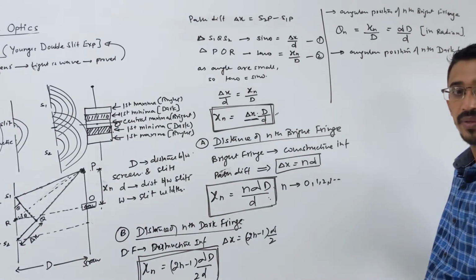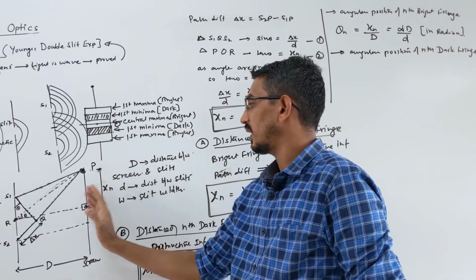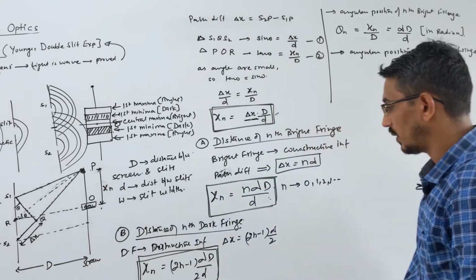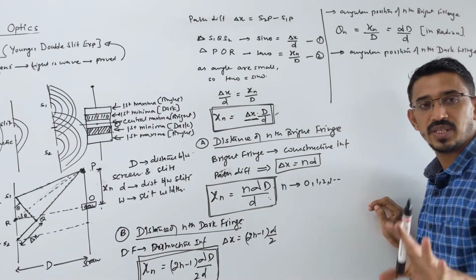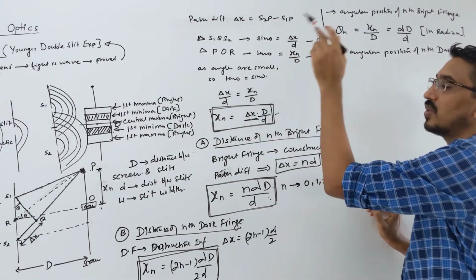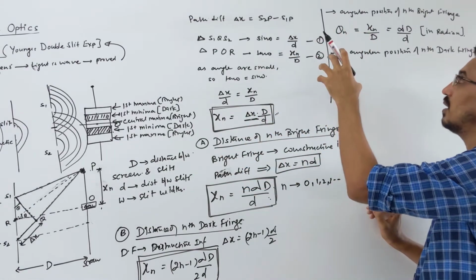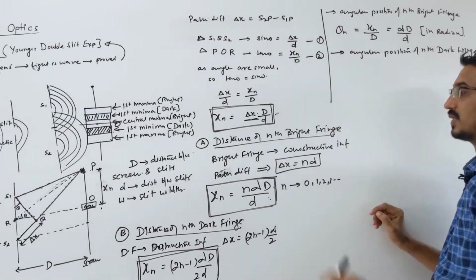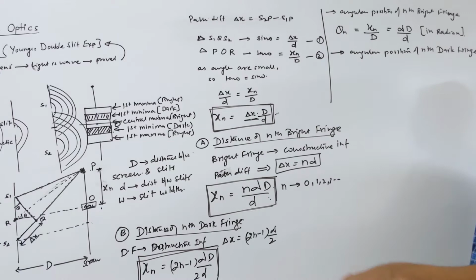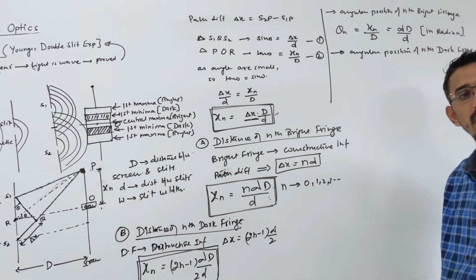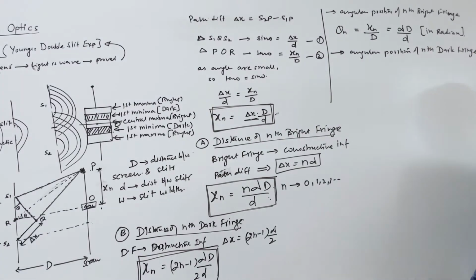Okay, same thing only. So xn by d, that's called your tan theta. Look here, same as we're doing here. As I told you in physics, when the angle is very small, sin theta is equal to tan theta is equal to theta itself. So we're writing tan theta, but we're writing just theta itself. In reality, this formula is tan theta, but we write tan theta equal to theta itself because the angle is very small. So the same thing will happen.